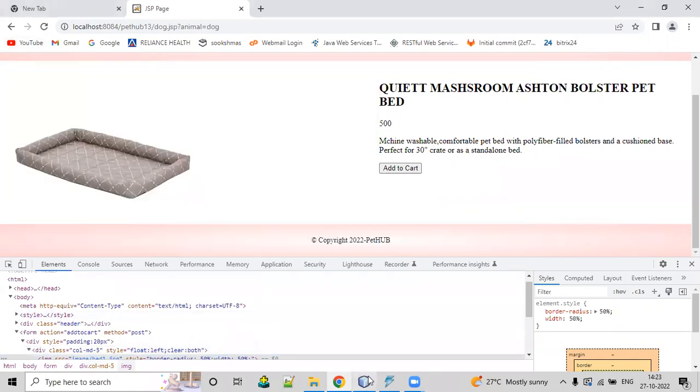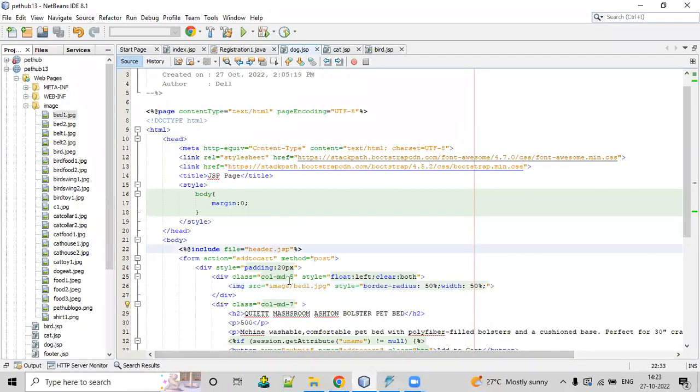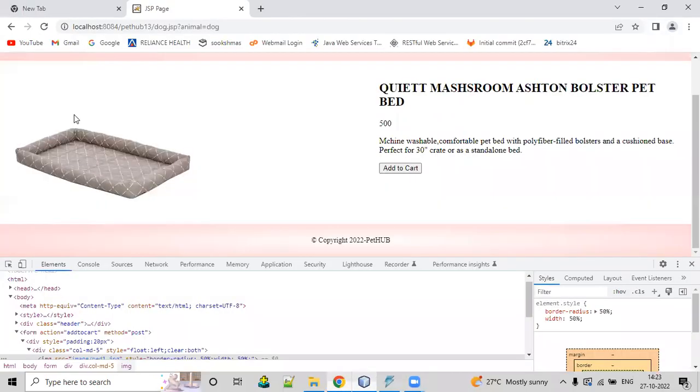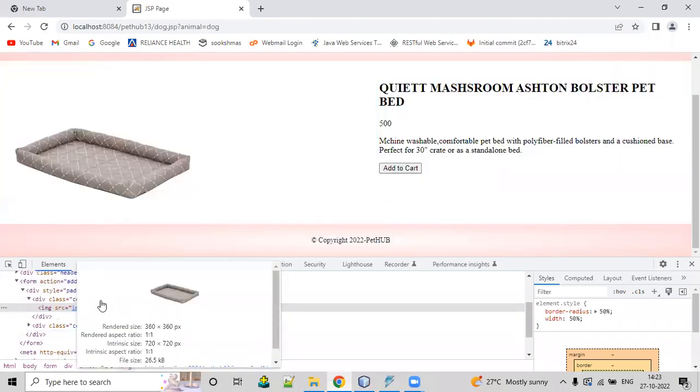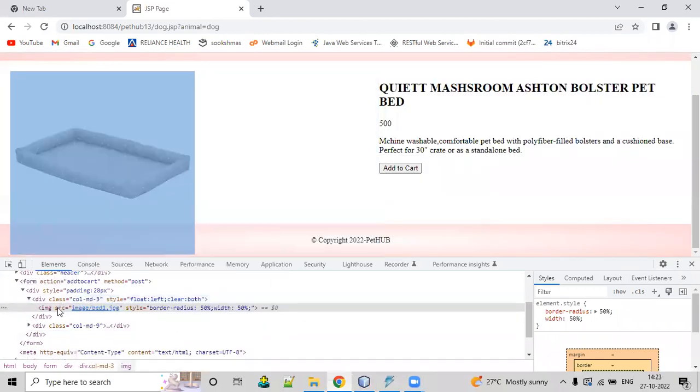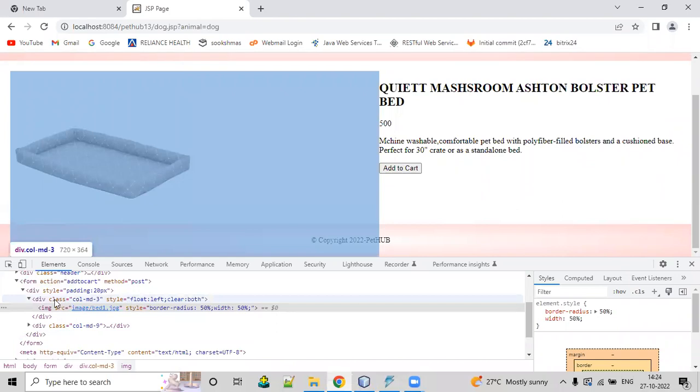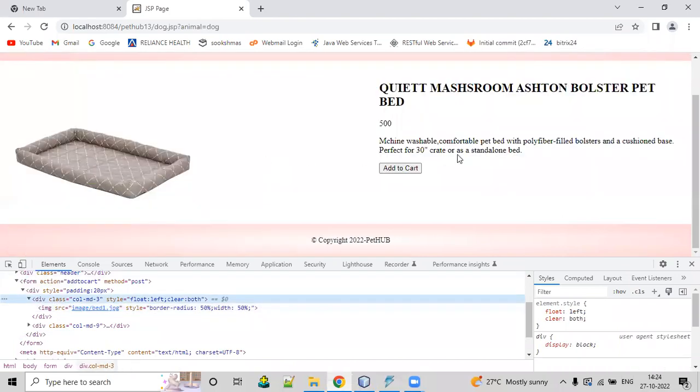And MD5 I've given, right? I will just reduce it. That much is not required. So 3 I will give. 9 I will give here. So this design, you just check it out, however you want, you can do it. Okay. Yeah, fine now. So see, the left part I have taken as an image, and the right part I have,